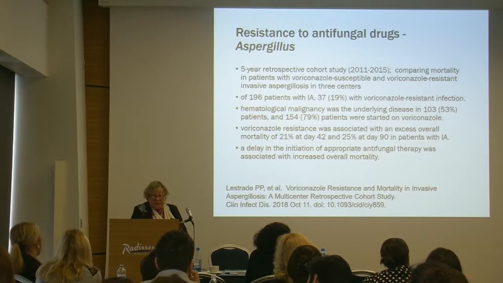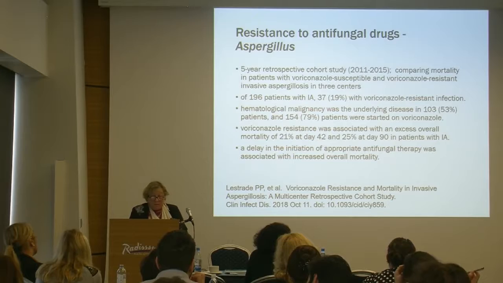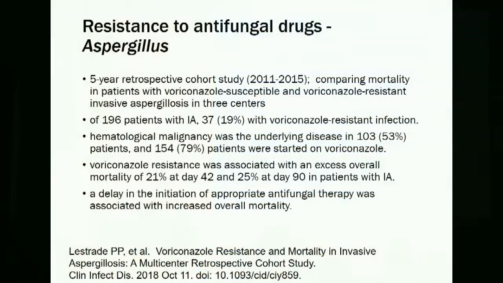When they looked at patients who had voriconazole-susceptible and voriconazole-resistant invasive aspergillosis, they found that the resistance was 90%, and the most important risk factor was hematological malignancy as an underlying disease. And what they found was that this resistance was associated with an excess overall mortality at day 42 and at day 90. This is really important data because it's very difficult to prove that resistance really causes poor outcome in